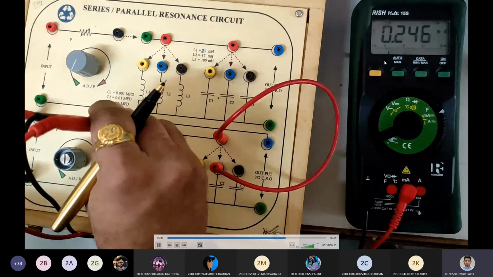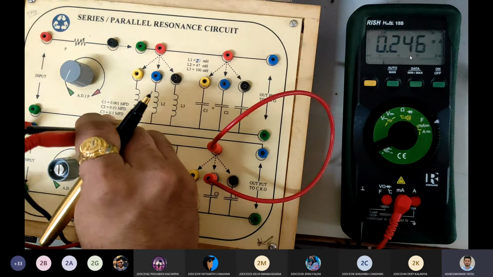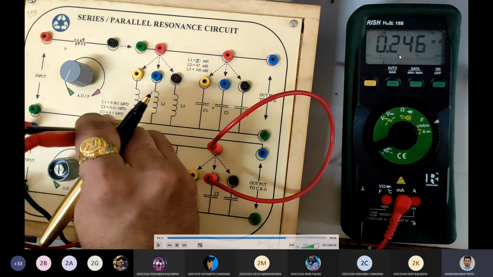Students, just keep that in mind. You can see this reading is 0.246 milliampere. So it's not actually what he's saying; that is just a mistake. The actual reading is 0.246 milliamps. Okay, so if we write 246, consider it as 0.246 milliamperes. So it is less than a milliampere of current, in decimal form. Okay, so keep that in mind.